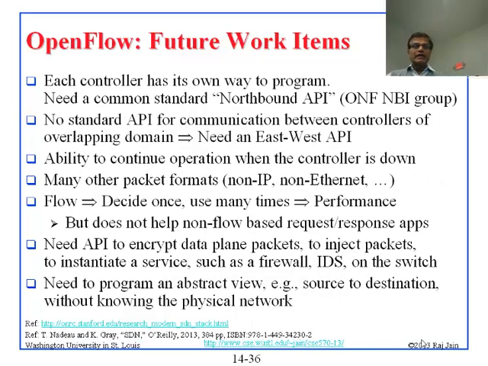So OpenFlow is not done yet, of course, and there are some things that people would like to have, and that Open Networking Forum is working on. First thing is that there is no northbound API. So just this week, actually, or last week or this month, ONF announced that they have formed a new group called NBI group, Northbound Interface Group. What is northbound? Northbound means going up.